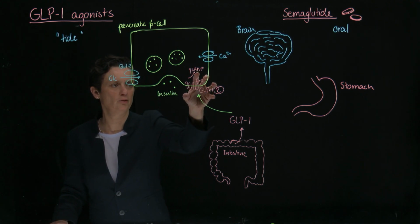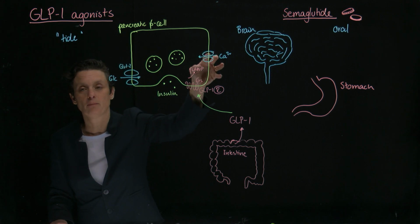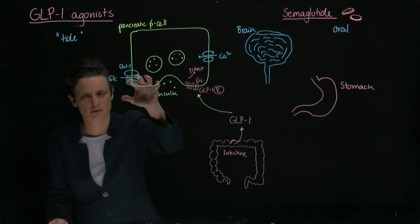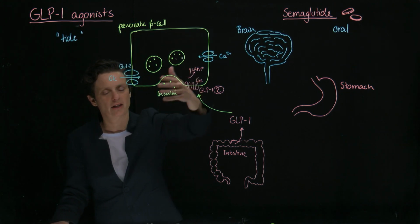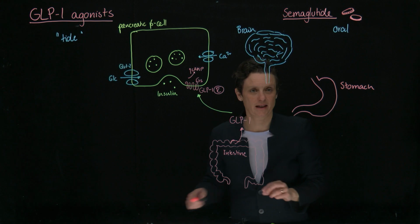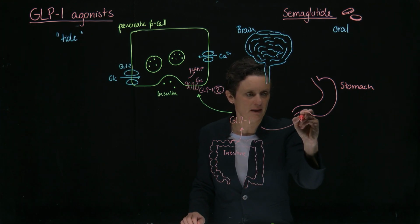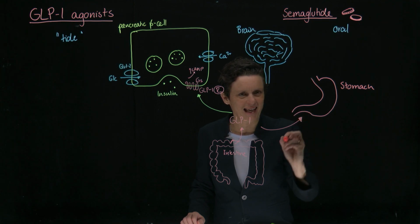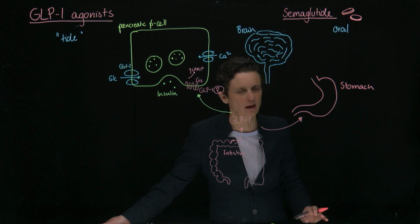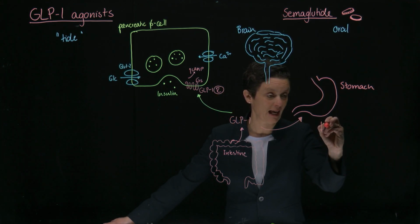So what they really do is, once you stimulate the GLP-1 receptor, they help open the calcium channel better. But this doesn't work independent of glucose. So you have to have food and you have to have glucose. And then you're going to get more insulin release. What else is going to happen? Well, they're also going to have effects on the stomach, because we just said they are released upon nutrients reaching the ileum. So what do we want to signal our stomach? Well, slow down gastric emptying,